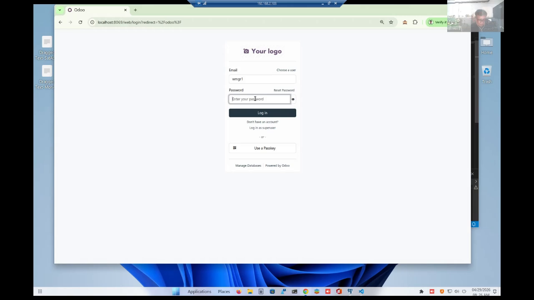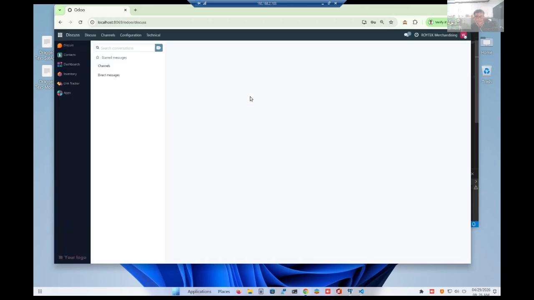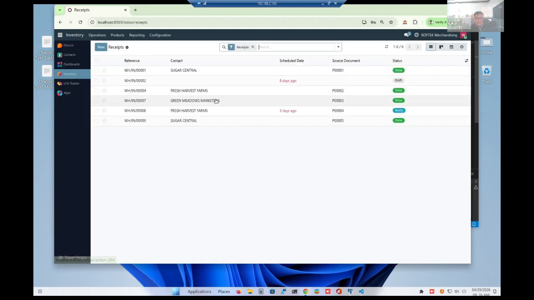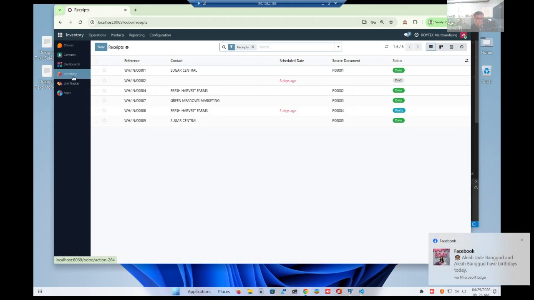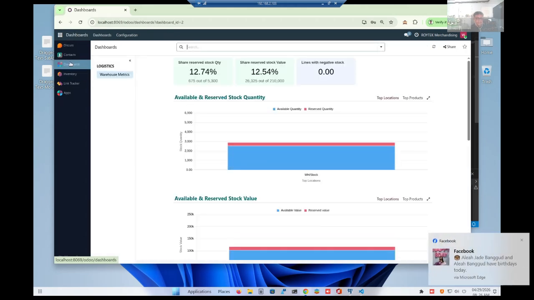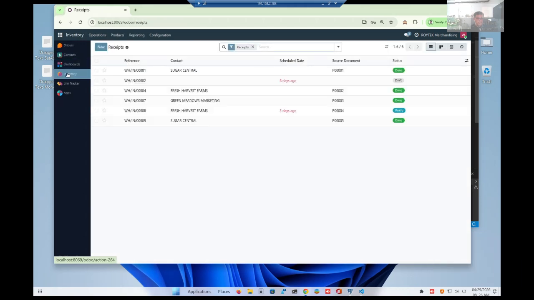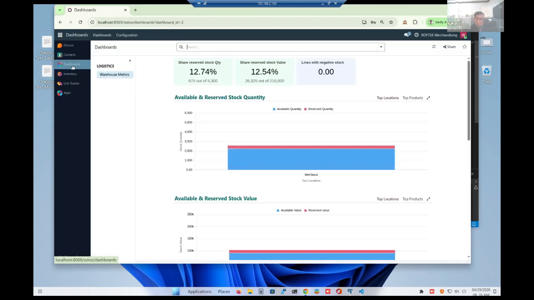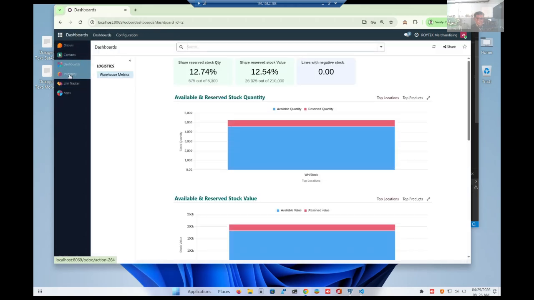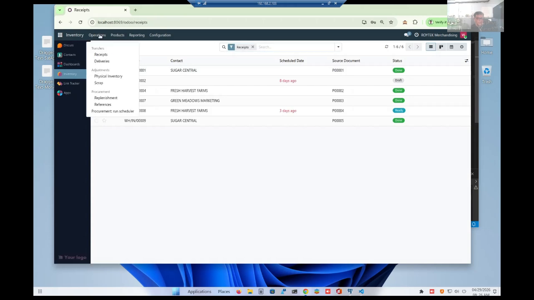Let's go to the warehouse manager. Look at the inventory and then maybe also look at the dashboard. So now, inventory, and let's go to operations.